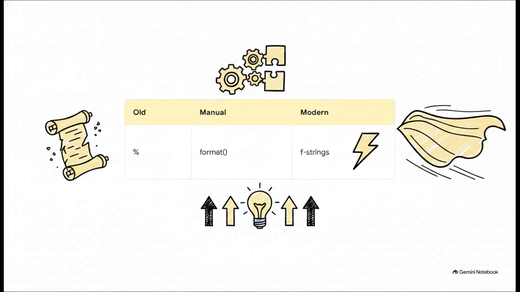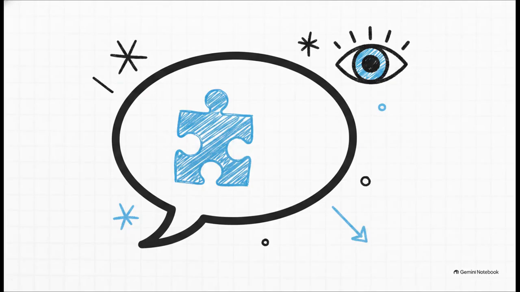That uses these curly braces to mark where variables should go, but it honestly requires a bit too much extra typing. And finally, we have our modern hero, formatted string literals, or as pretty much all Python developers lovingly call them, f-strings. We're really going to focus on f-strings today because they are just incredibly powerful and super straightforward to use. To use them, you literally just prefix your string with a lowercase or uppercase f right before the quotation